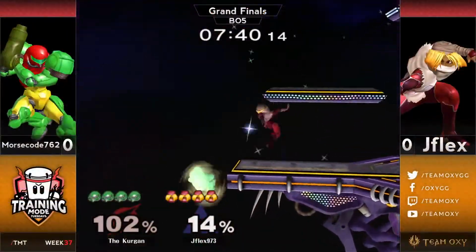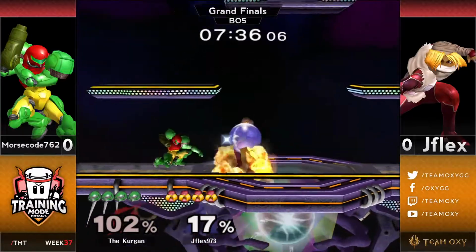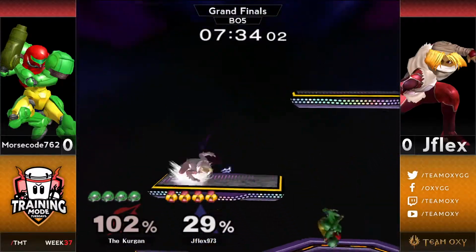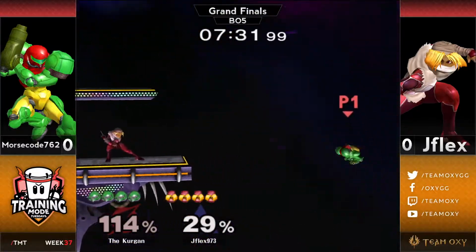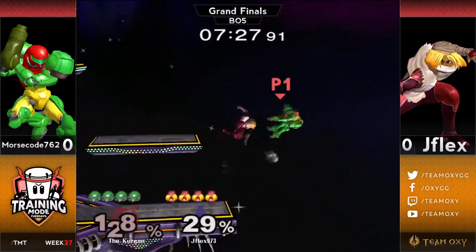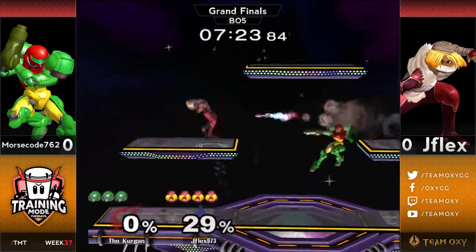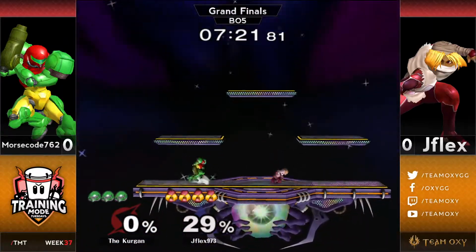Find ways to be really tricky with his recoveries. We saw him do that really well against Slowking. It's going to look pretty different for a Sheik matchup, or for a Samus matchup, but we'll see if he can find some stuff. The bomb mix-ups are really tricky, and then figuring out how to make your shield effective without just getting caught